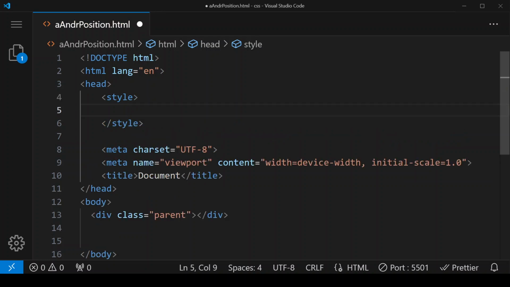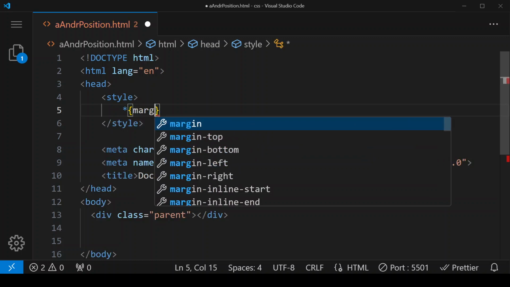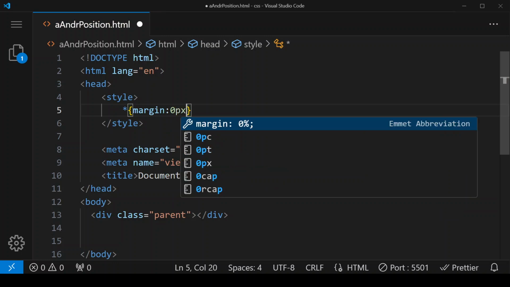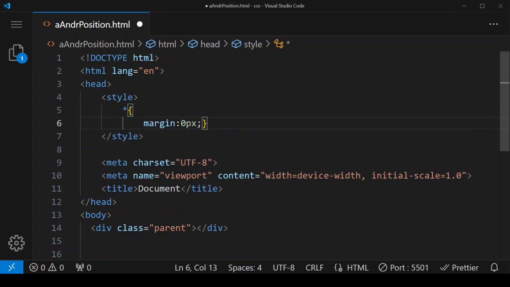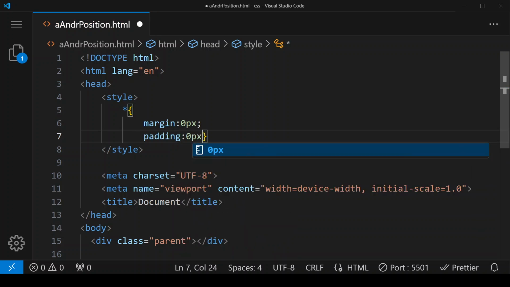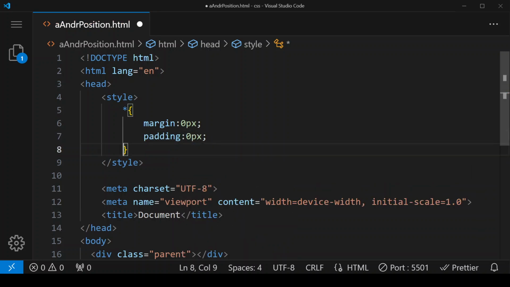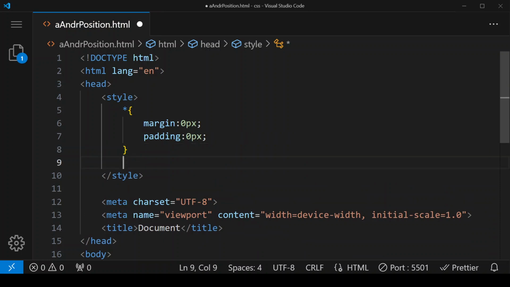creating that class, I am removing all the margin and padding. I'm making it 0. So for that, margin I'm giving is 0 pixel, and along with this I'm giving padding of 0 pixel. Save, and after this I'm creating parent class,